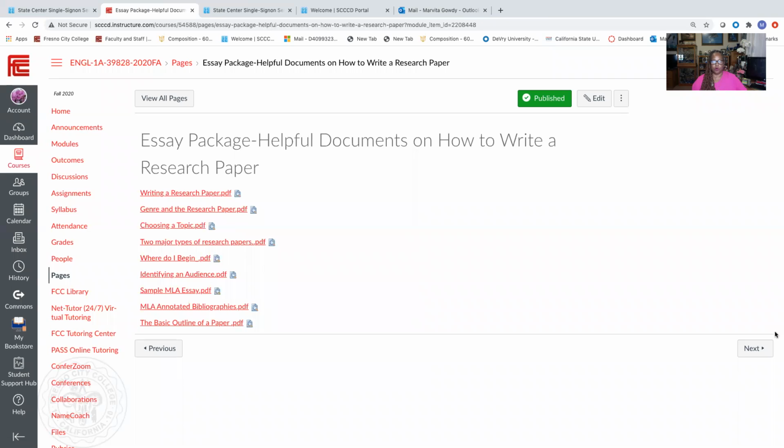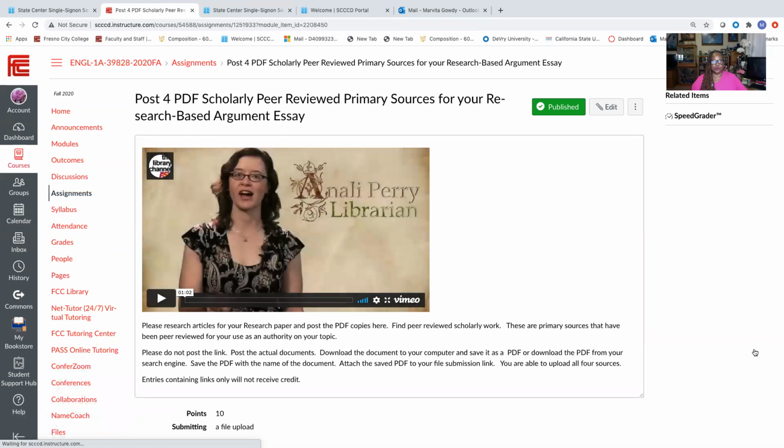Next, you're going to post 4 PDF scholarly peer-reviewed primary sources for your research-based argumentative essay. You have already done your synthesis essay, hopefully, and the synthesis essay asks you to choose 2 articles.